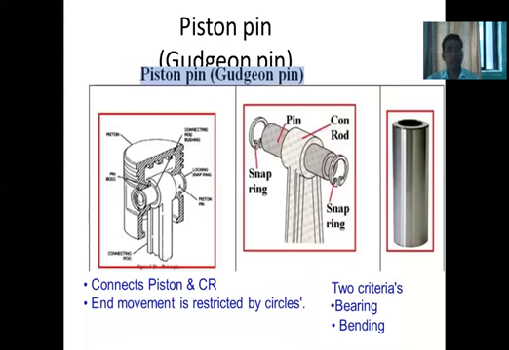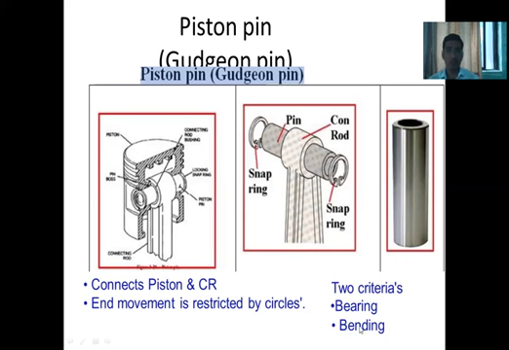Next is the piston pin, also called the gudgeon pin. The function of the piston pin is to connect the piston to the connecting rod. So it connects the piston and connecting rod. The end movement is restricted by circlips. Two criteria, bearing and bending, are considered in the case of the gudgeon pin. So the piston pin or gudgeon pin acts as a bearing, as well as avoiding